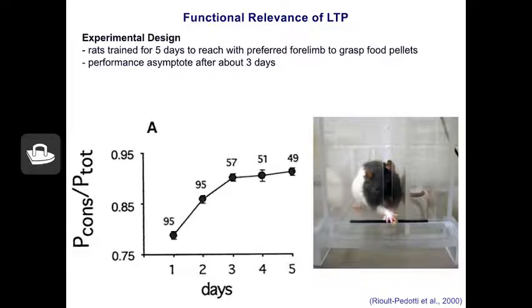Or perhaps did they drop all the animals from the experiment that didn't actually use a preferred forepaw and rather switched back and forth between paws? That would also distort the outcome of the experiment, which I think you'll appreciate better after I show you a little bit more of the methodology. So, I don't think that what they did was particularly unreasonable, as they kept the rats that had learned the task and did it at a high level of performance, up to about 90% efficiency,